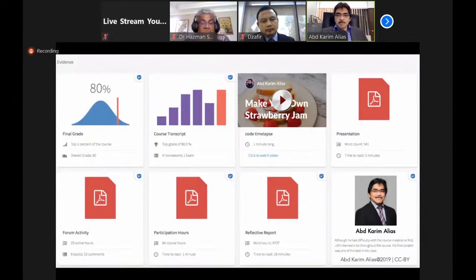And this is a real example again. This is the digital badge that USM is using for our MicroCredential from Accredible. You can see here a lot of information can be embedded, including the full CV and all that the students have done in that particular module.